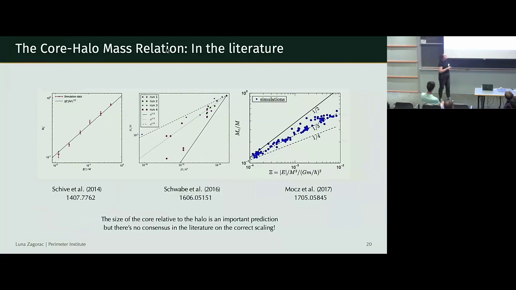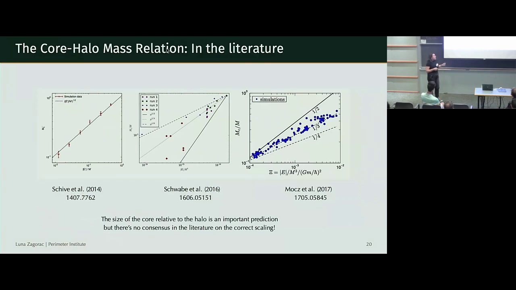And so Mox et al. did a bunch of sims with a bunch of solitons initially placed in a box, and then they merged chaotically, and then at the end they measure the mass of the core and the mass of the halo, and they get a slope of like 1/3ish. Schwabe et al. did binary mergers, so it was always only 2 solitons, and depending on the runs, there's some range here, but 1/4 to 1/6 is the quoted number here.